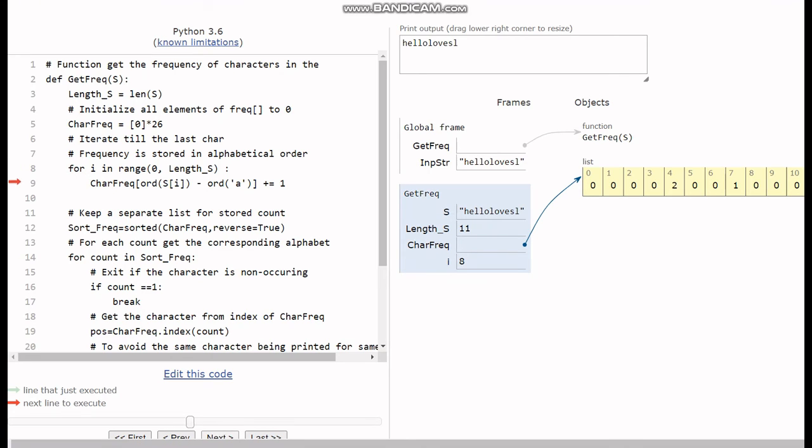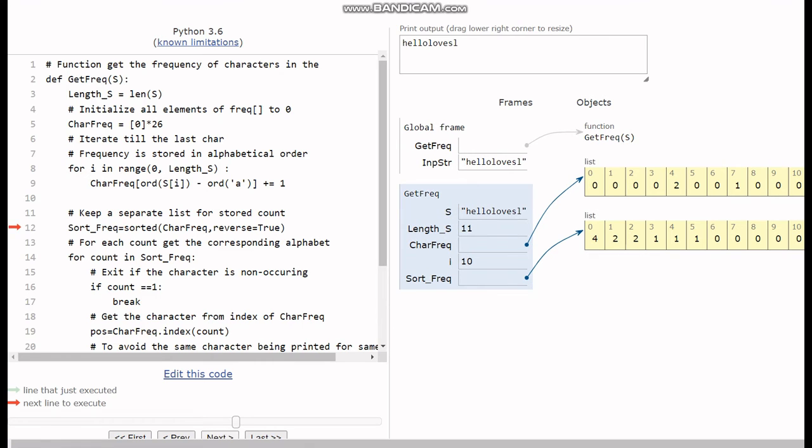After getting the frequency, for all the 11 characters, it sorts the frequency. You can see here there are only 3 characters which are repeated more than once, so only those characters would be printed.